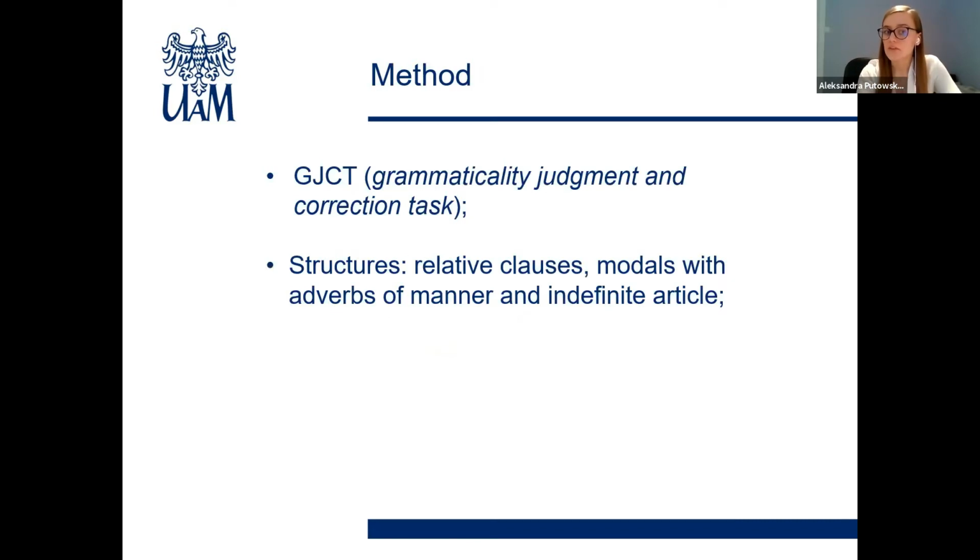The participants were tested by the grammaticality judgment and correction task. And concerning the investigated structures, as my research focuses on syntax, there were 3 structures investigated: relative clauses, modals with adverbs of manner, and indefinite article.